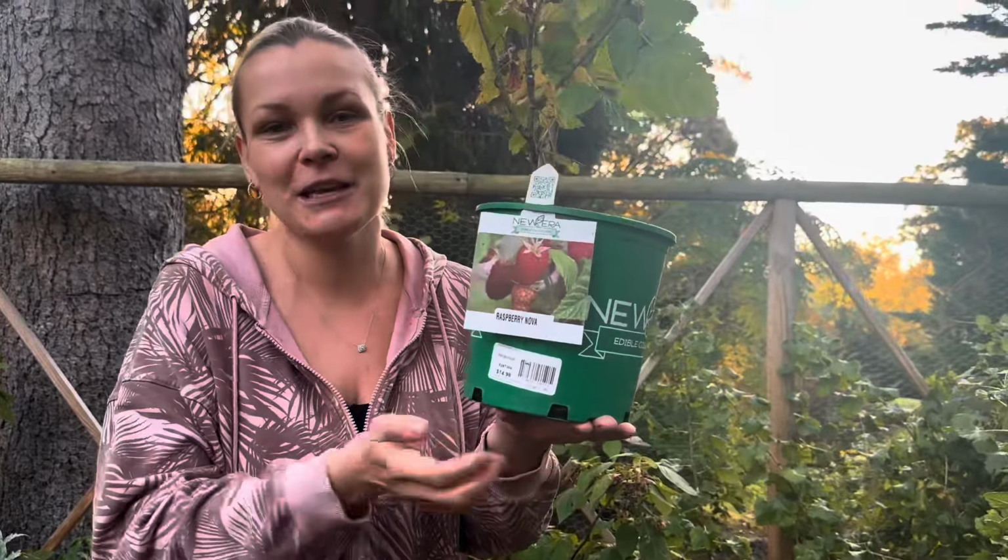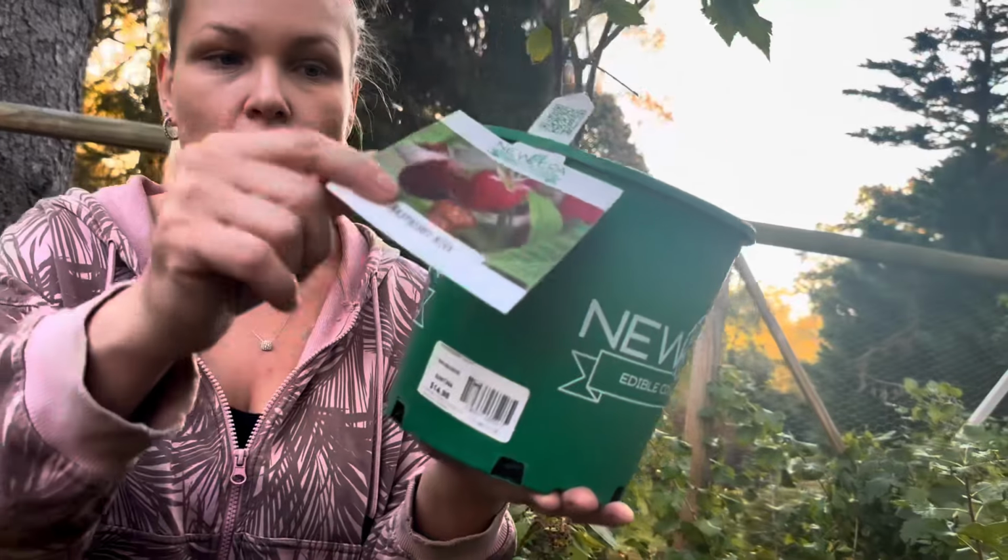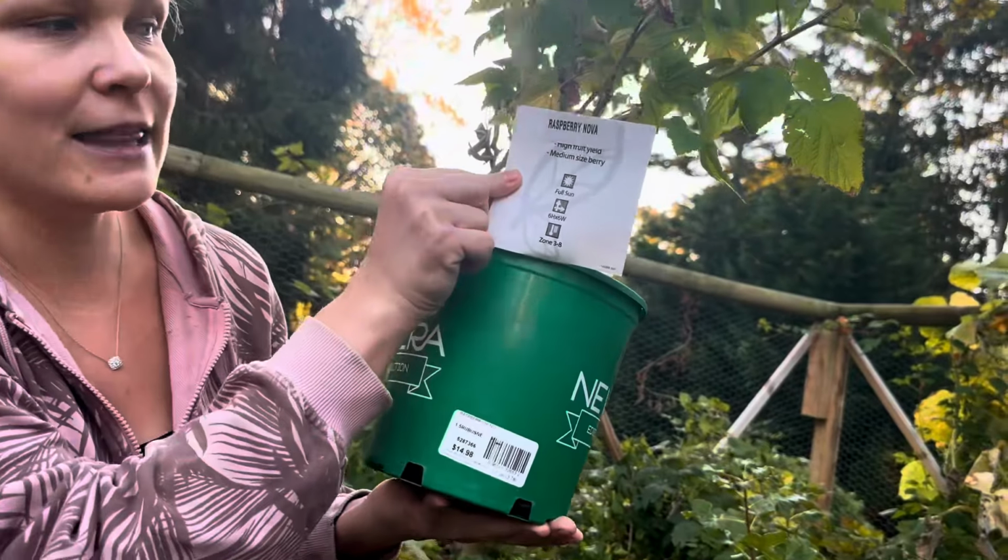What does that mean? That means that they don't need another raspberry variety growing near them in order to bear fruit. Today I'm going to be planting 2 new red raspberry varieties right over here in my south side garden. The first is the Red Nova raspberry. So according to the tag, this variety